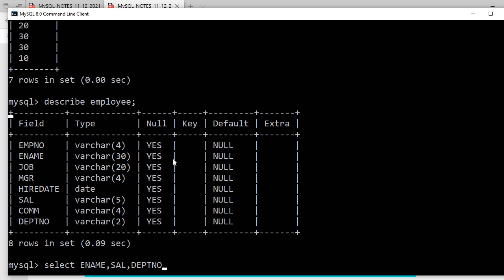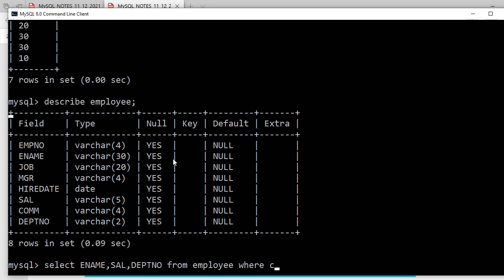Okay, so we have to print only these three, for those whose commission is null. This is the query. Select employee name, salary, and department number from employee. Now tell me how to check for null. Where commission is null. You remember I had given certain information for null.